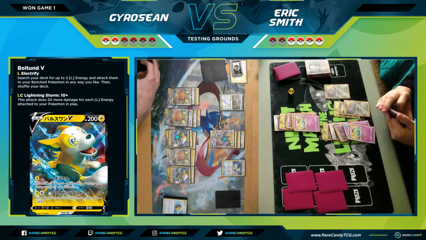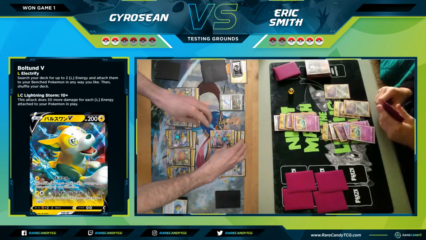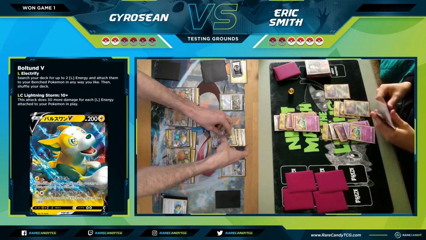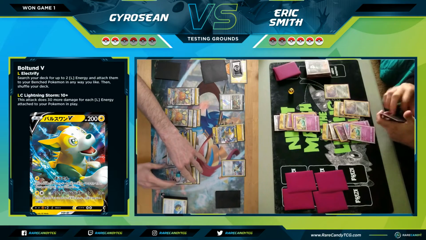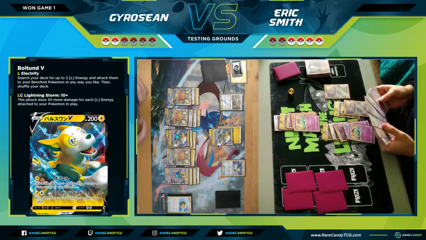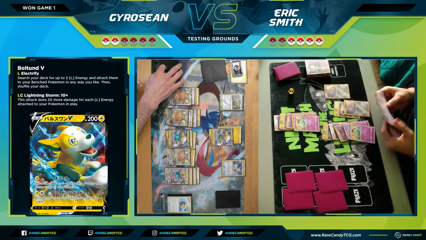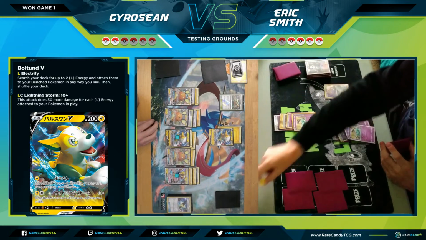But yeah, Thunder Mountain being in play, enabling this fresh Boltund to attack for 1 energy, is actually huge because now this is going to force me to find Boss's Orders to close out this game in a timely fashion. Now, a couple of coin flips that go my way in the process could help me, but this is definitely a pretty big turn from Sean, being able to power up a new attacker. And let's see, it looks like